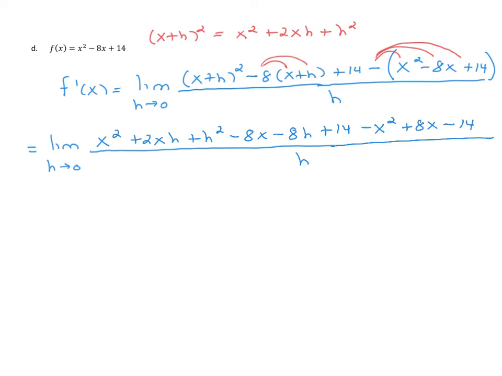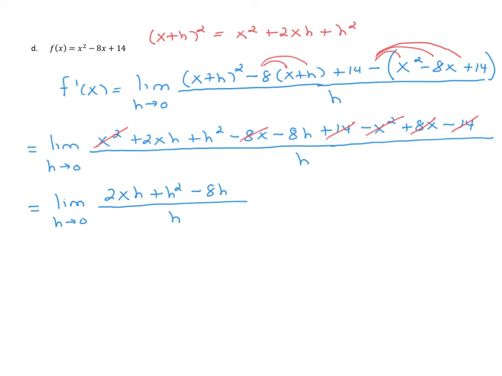At this step, a whole bunch of stuff should cancel. The x squares cancel. Let's see what else we have. We have a negative 8x and a positive 8x, and a positive and a negative 14. And there are no like terms that are remaining. So this is the limit as h goes to 0 of 2xh plus h squared minus 8h over h. I can now cancel this h from the denominator